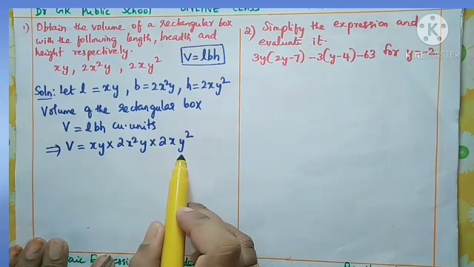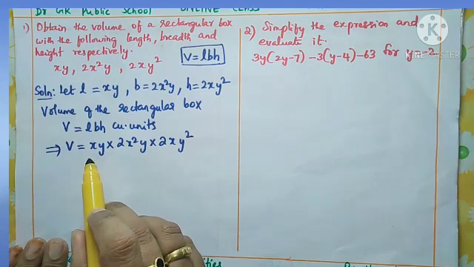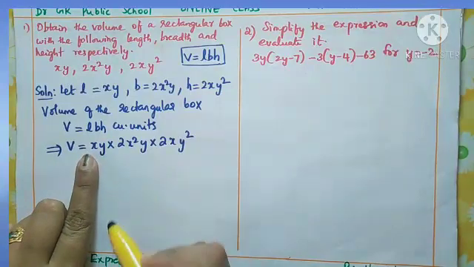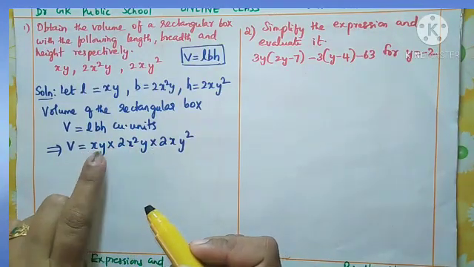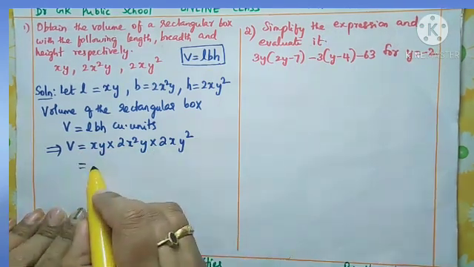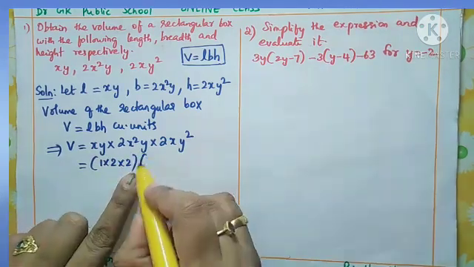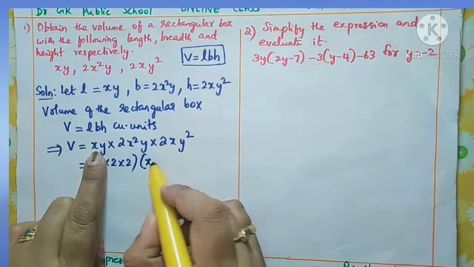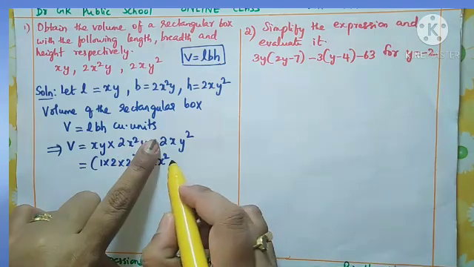Now how to multiply is, first you collect all the constant terms, the coefficients of these terms. Here you can see the coefficient is 1, here it is 2, here also 2. So 1 into 2 into 2. Understand? So you can write separately 1 into 2 into 2. Okay. Now you multiply the variables. Here it is x, here it is x square, and here it is x.